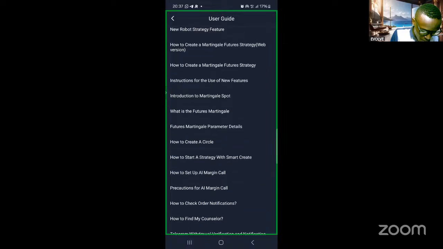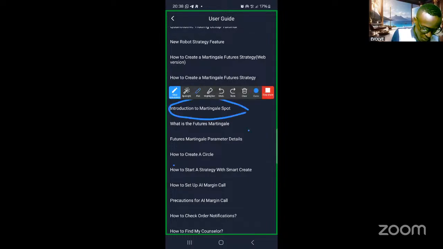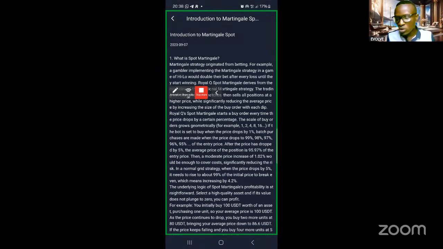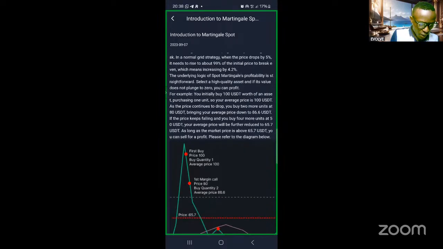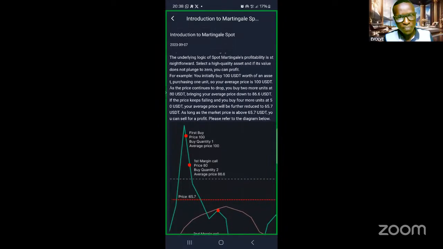Let me see. Okay, this one here. Introduction to spot martingale. Now I'll try to keep it as simple as I can. So this is what Royalq is telling us. If you want to profit using the martingale strategy robot, the logic is straightforward. Royalq tells us that the